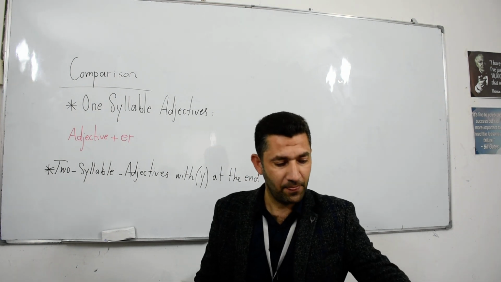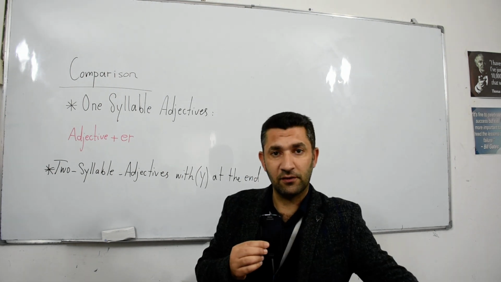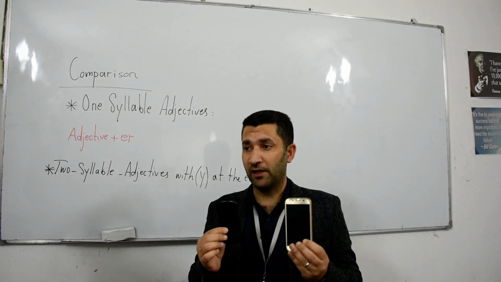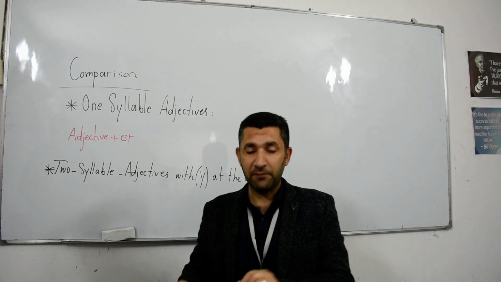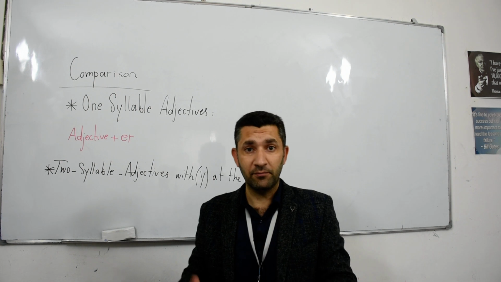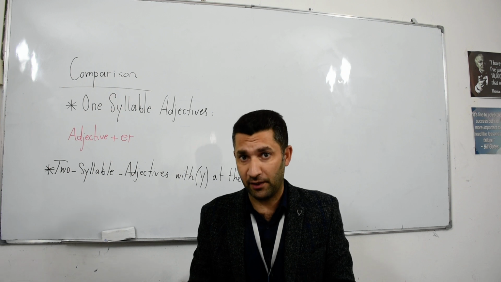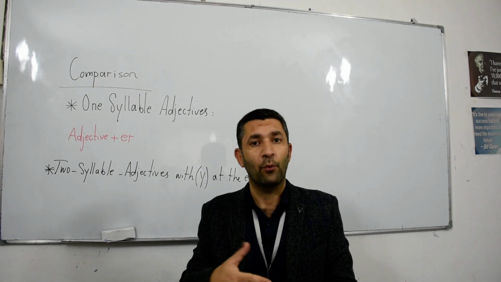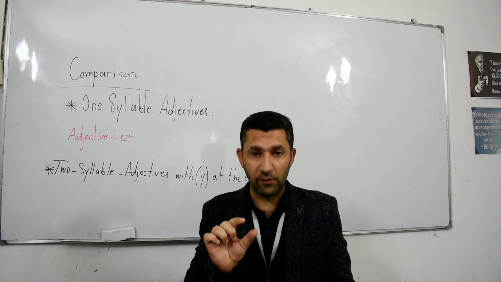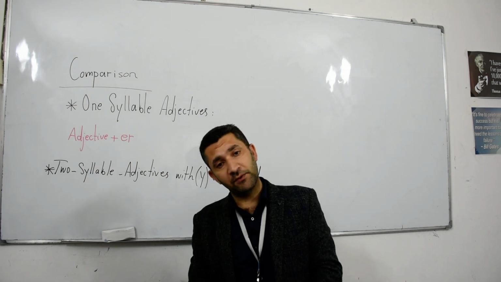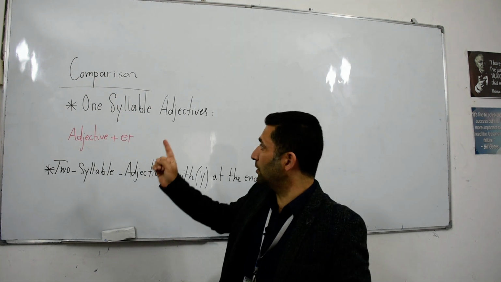Let's have an example. Now here I have a cell phone and this is another cell phone, but they are not the same. They are different. So when you're going to show the difference between these two, it means that you are going to compare. Now, how can I use the adjective in English to compare two things? We have specific rules or concepts or ideas. For today's episode, we are going to discuss the first rule. Now, as you can see on the board here,